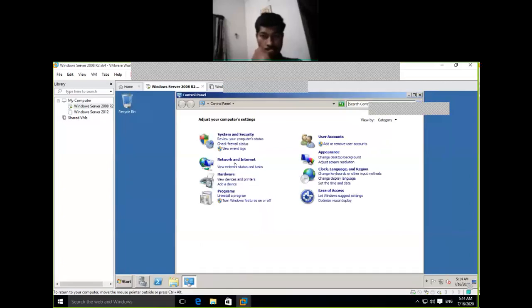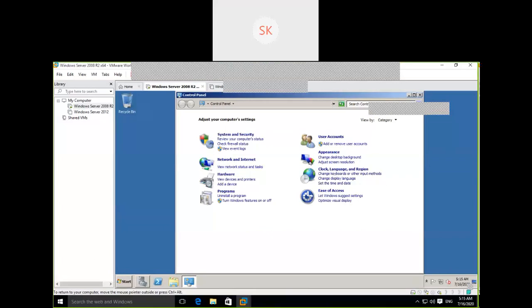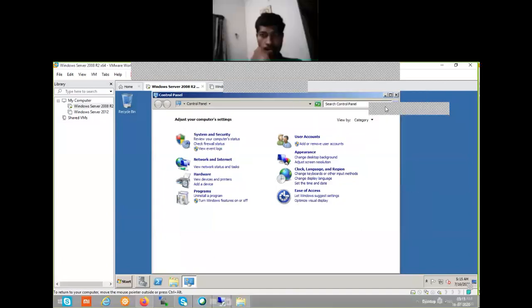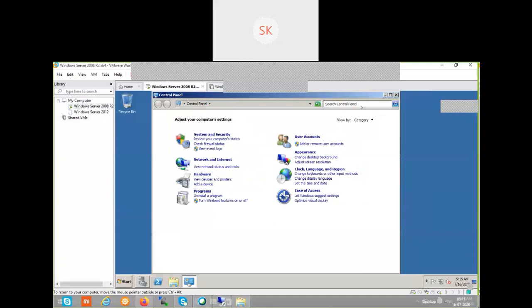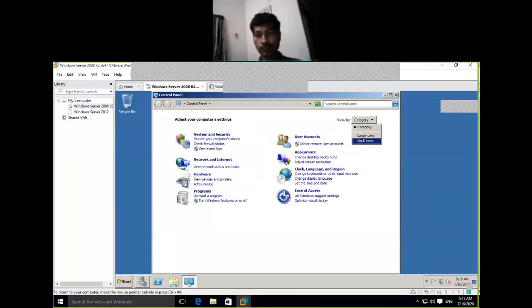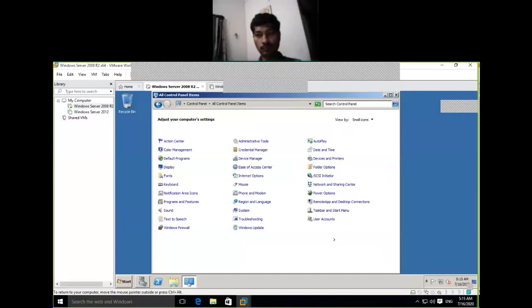Make it small. Under category, drop down. View by category, small icons. Yeah. See here, you can find the network option.